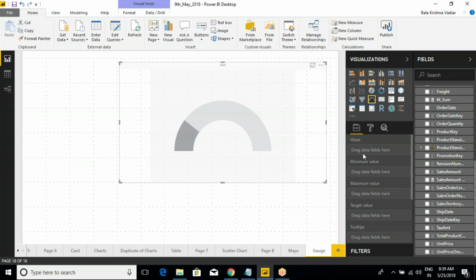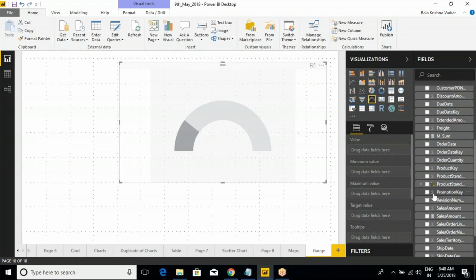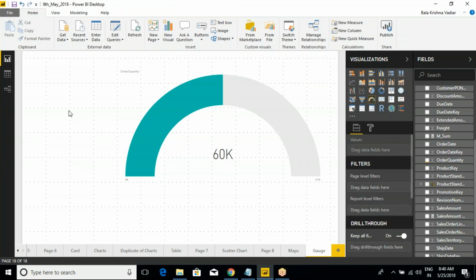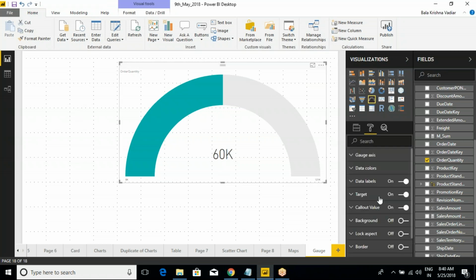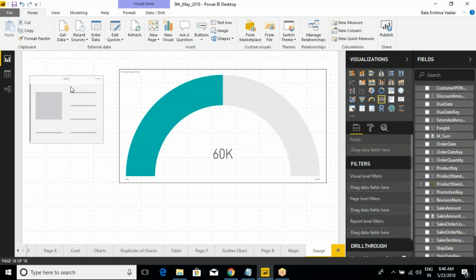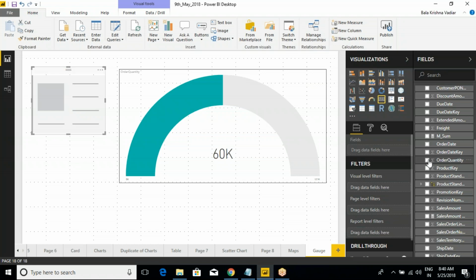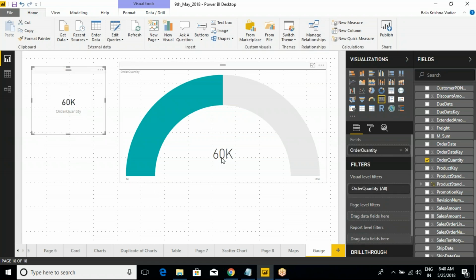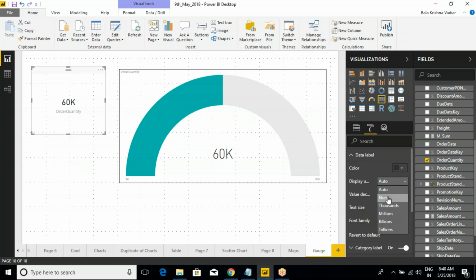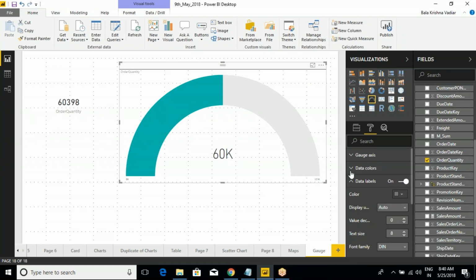So now assume that I would like to analyze my sales amount or order quantity, whatever it may be. Order quantity. So by default, as you could see here, it is going for 60,000. Let me take one. I will enable the border for this one. I'm taking one more card here. Let's say order quantity. Now see this one, the 60K is displaying. Or if you want to make it as the actual number, this also make it as a,